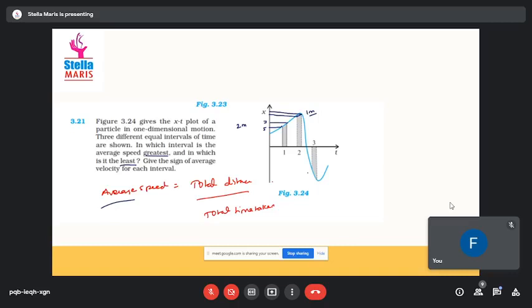Do you understand or not, ma? No, sir. You don't understand? Okay, see here, the initial position is here. The final position is not very far. This is the initial position, right? This is the final position. This is not very far, but here the initial position is here, the final position is here. Which has the higher distance between the initial and the final